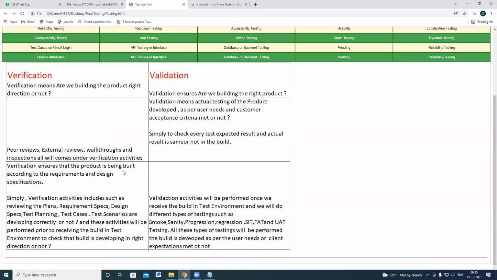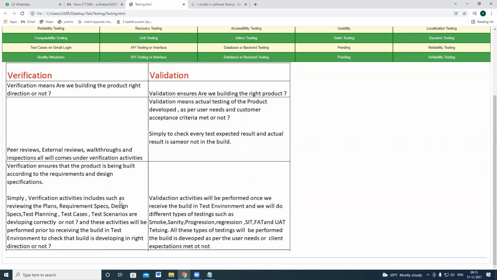Verification ensures that the product is being built according to the requirements and design specification. One more definition you can say like this also: verification ensures simply the product is being built according to the requirements, so it has to be developed this way.